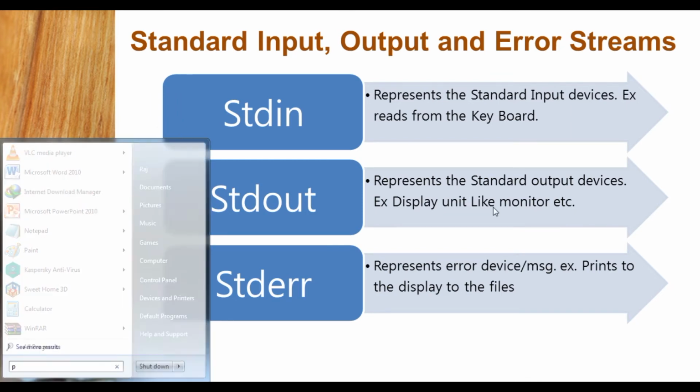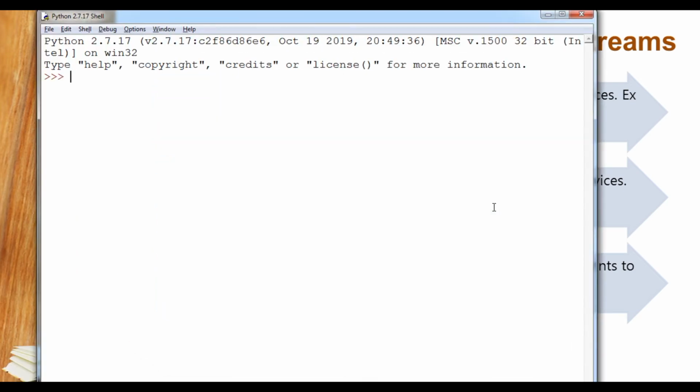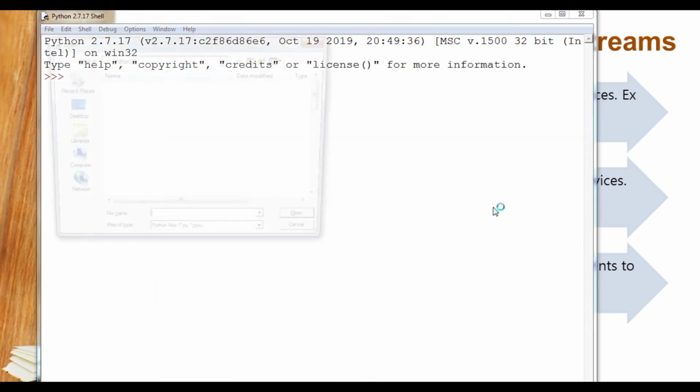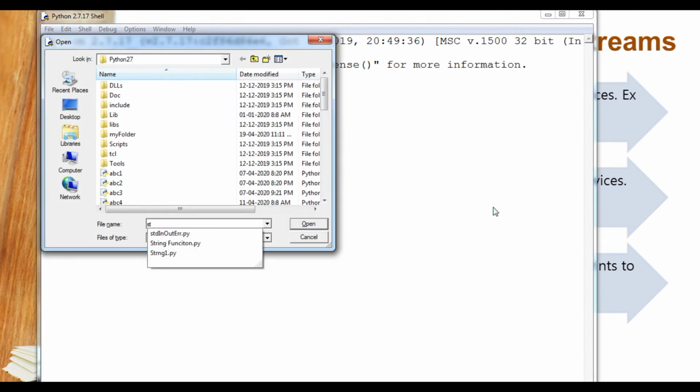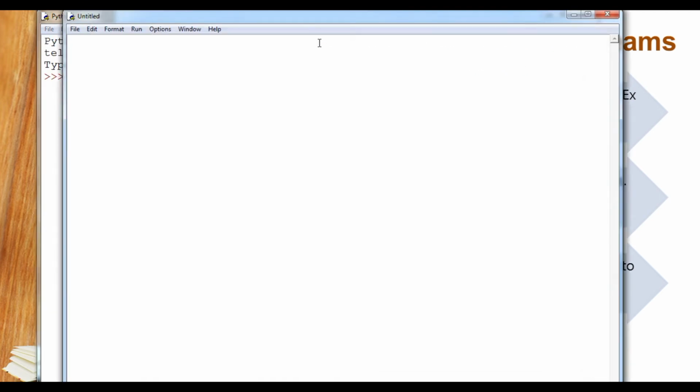So we have to open Python, and then I am going to open a file called standard input output error. We will do the practice for a program. So we have to import sys.